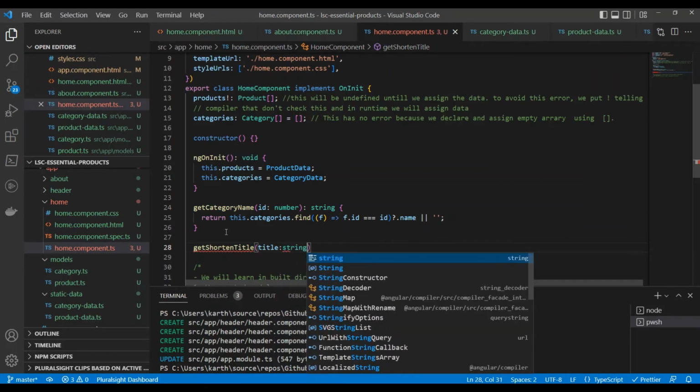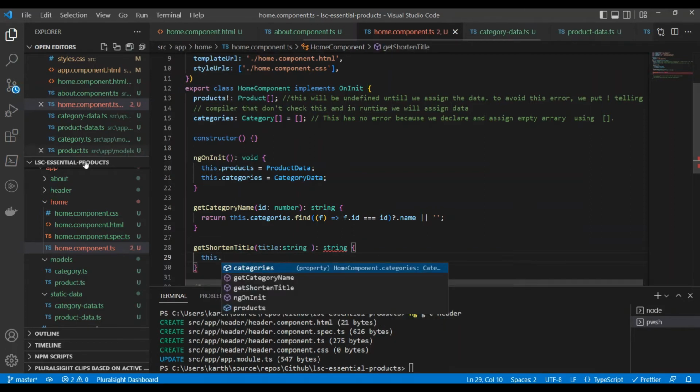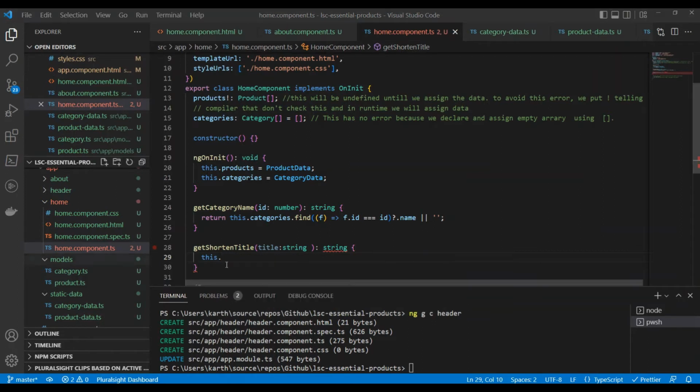So let's write a method called getShortenTitle. See, the title is very big. Okay, so if you start displaying the whole title, the images will start looking big. It will expand it or it will overlay it. So what I'm going to do is pass the name of the product, which is the title, and I'm trying to find only 50 characters. If the title has more than 50 characters, it will return the first 50 characters along with a dot dot dot, which means it has more things to read. So I'm using a